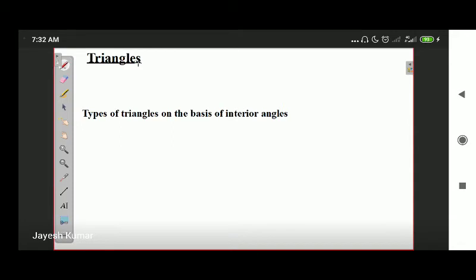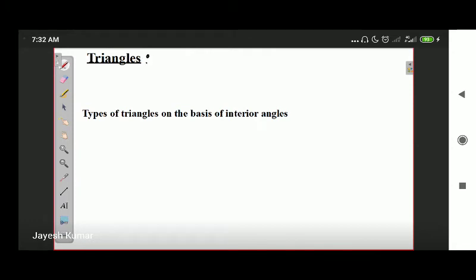In the previous video that I sent to you, there was some mix-up. So I'm making this video again in order to start the chapter. We are going to start a new chapter, triangles, from today onwards. First of all, we will start with the introduction of the triangle. In this video, we will only discuss the introduction of triangles.